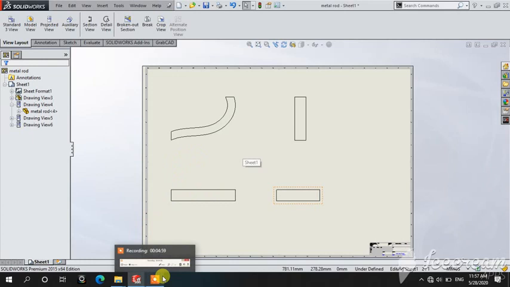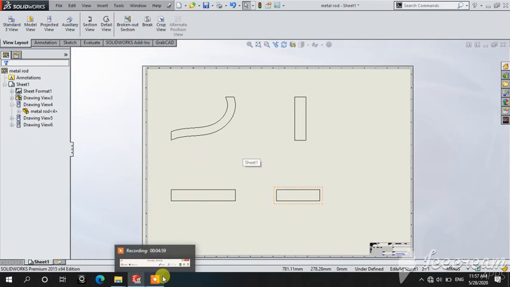Okay, when I selected the projected view, then see this type of view is created. All isometric view, straight line view, horizontal view, vertical view.